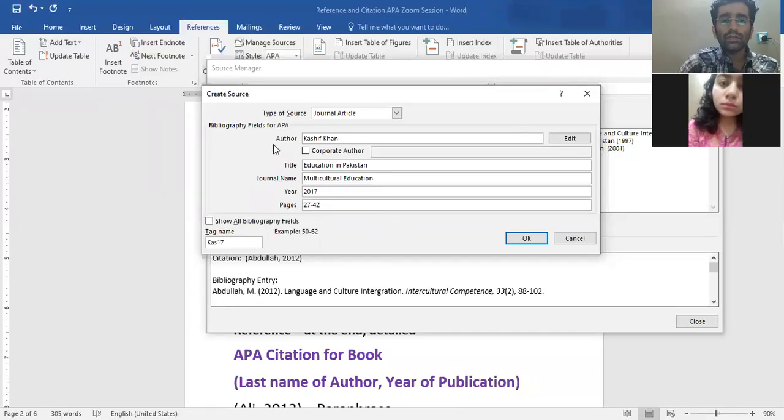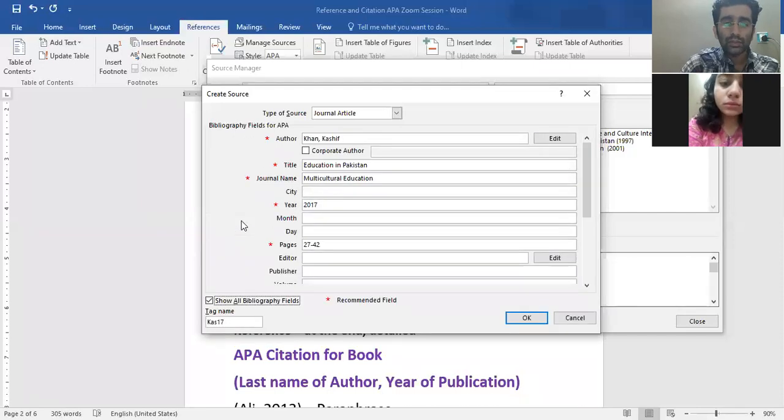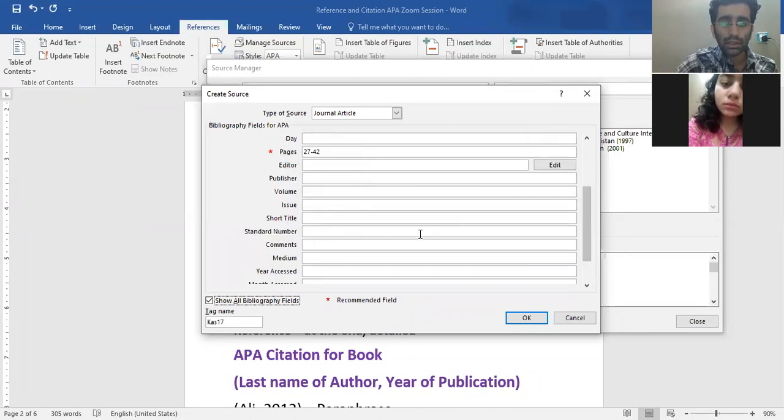So all this information we have added, then you click on Show All Bibliography Fields. Once you click on this, all the compulsory items have already been assigned a value: author, title, journal, year, page number. But we need some other information for a journal article as well, as you remember from the last session on references and citation.